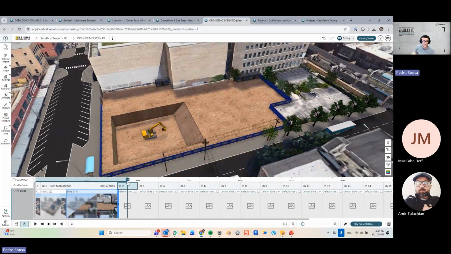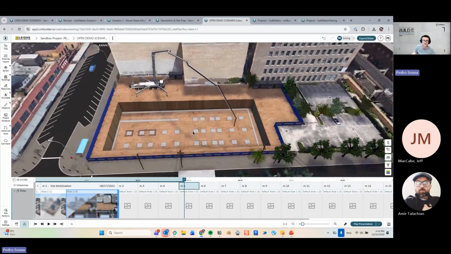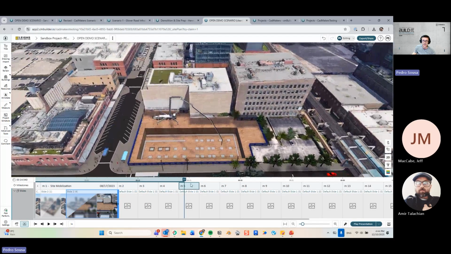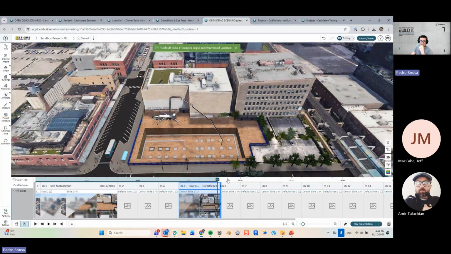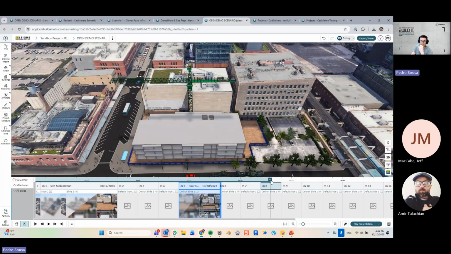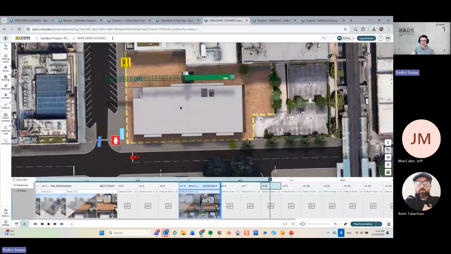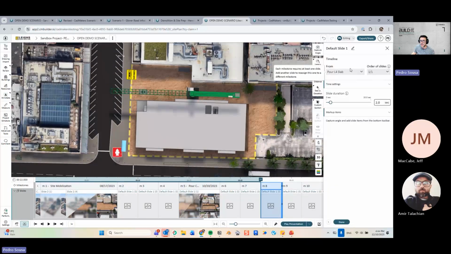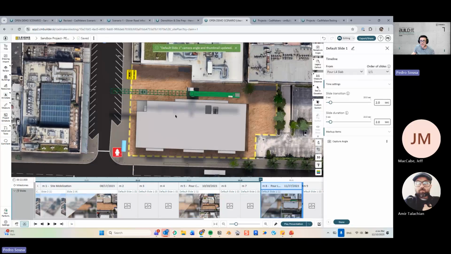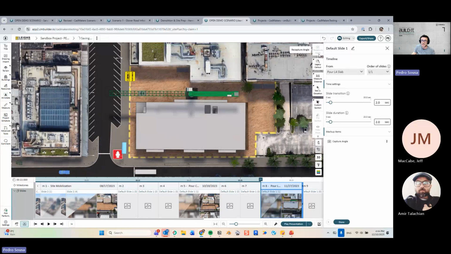And then I can keep adjusting my camera angles if I need to, or I can simply keep them wherever they are, right? So I'm just going to add another camera angle here, and maybe when we get to the crane placement, I'm going to do a shot from above like that, and I can go in and say that I want to capture this camera angle. Actually, it's a little bit crooked. So let's put it like that, capture this camera angle,